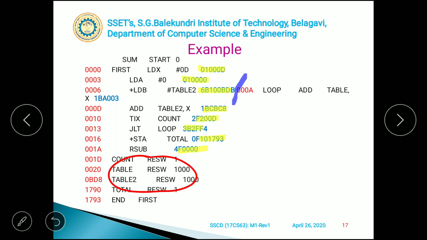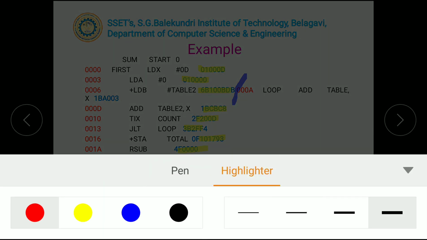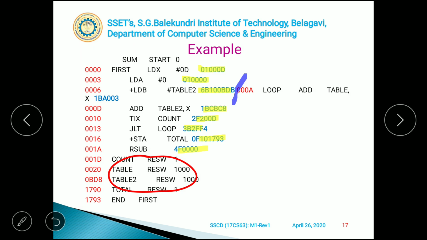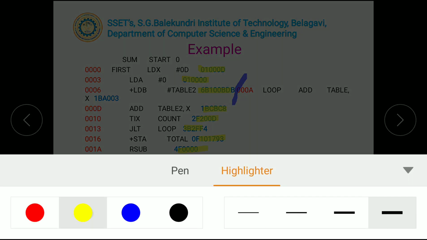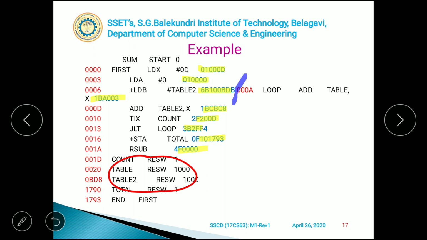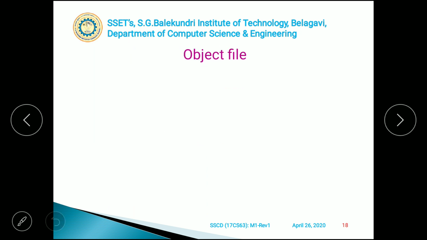Okay, and then when it comes to the last one, you will be simply using that first. Now here in all the cases I have written the corresponding object code. For every instruction we have created an object code, and now finally, once you convert every instruction into object code, you should create an object file. So in the object file you can see that there is a header record.